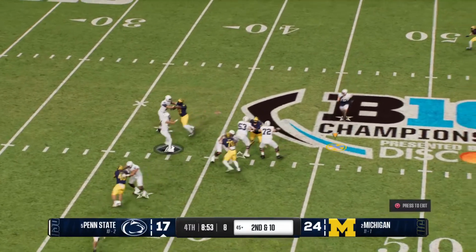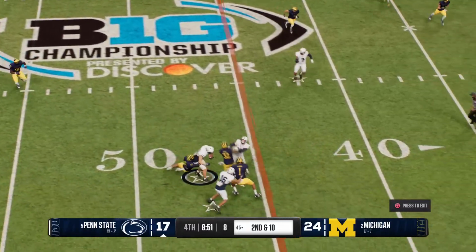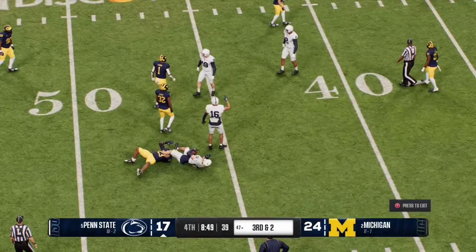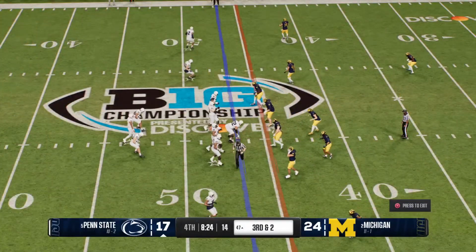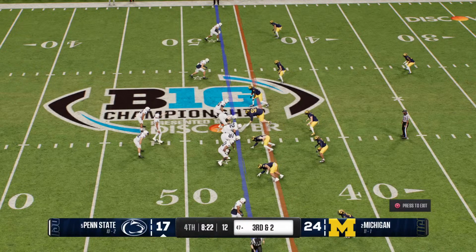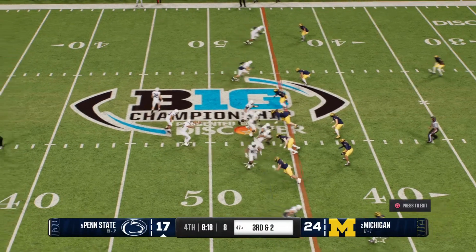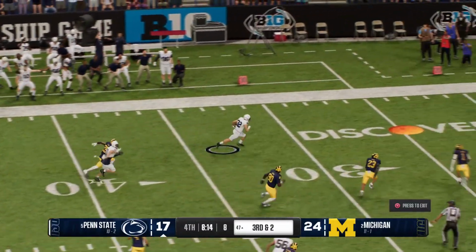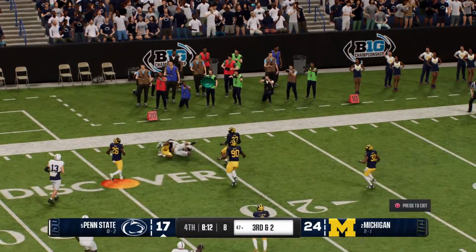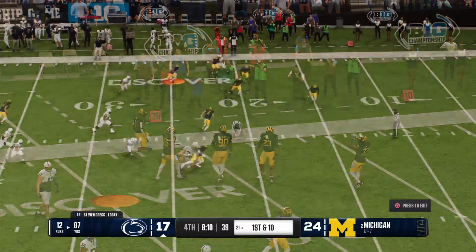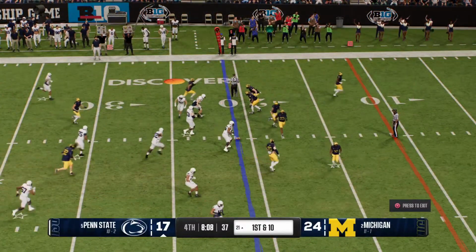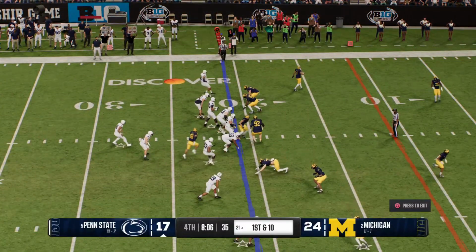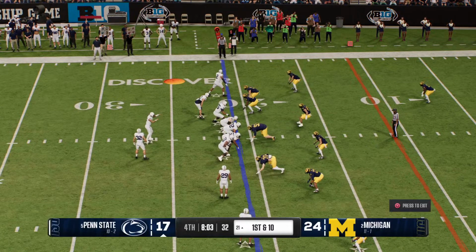Here's the snap. Offense looking to throw the ball. Caught for the completion. Quarterback looks downfield to make this throw. He wants to pick up enough yards for a first down. But instead, he gets the ball underneath to the drag route and gets some positive yards. Breaking free at the 35. Tackle made after a big gain. And Nittany Lions hustle to the line to crank up the tempo.